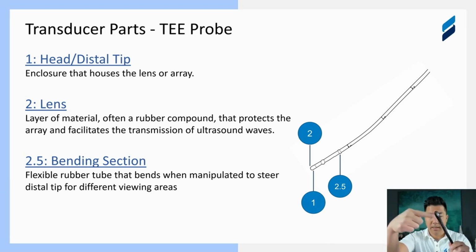It is the plastic or urethane or whatever material is being used, the enclosure that contains the crystal and all the flex circuits and the electronics that connect the crystal to the other end of the probe and the connector. This is the most sensitive part of the probe, and unfortunately, just by design,